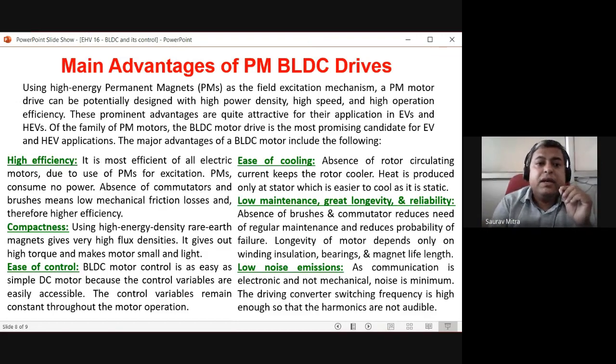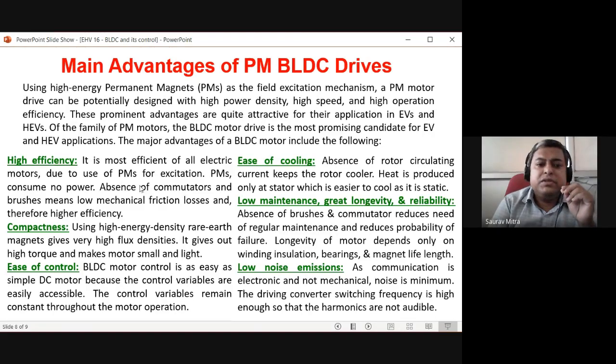and we are continuously giving the three-phase supply. Okay, so in this case, the PM motor drive can potentially be designed with high power density, high speed, and high operation efficiency. These are the main positive points of the BLDC motor: high speed, high power density, and high operation efficiency. These prominent advantages are quite attractive for their application in EVs, that is electric vehicles, and HEVs. Of the family of PM motors, the BLDC motor drive is the most promising candidate for EV and HEV application. So there are many permanent magnet motors, but from those, the BLDC PM is the most promising motor for EV or HEV. The advantages are